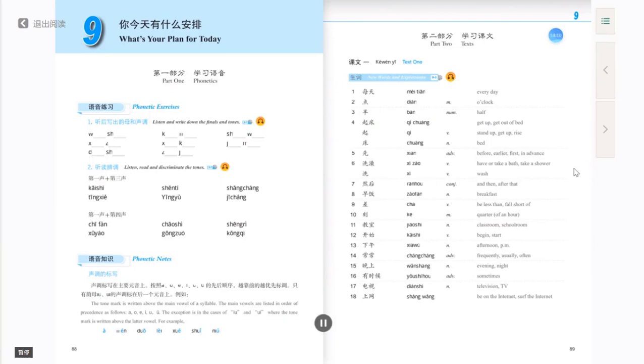第二部分，学习课文。课文1，生词。每天，点，半，起床，起，床，先，洗澡，洗，然后，早饭，差，课，教室，开始，下午，常常，晚上，有时候，电视，上网。